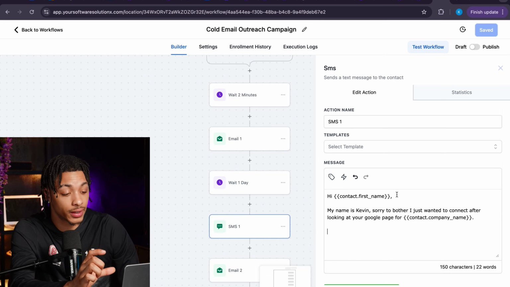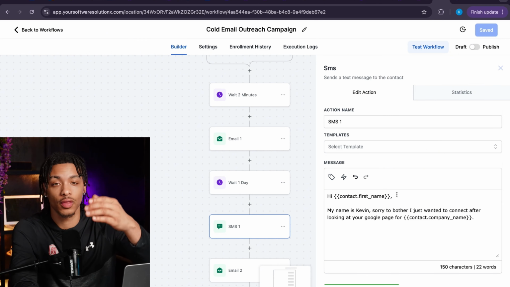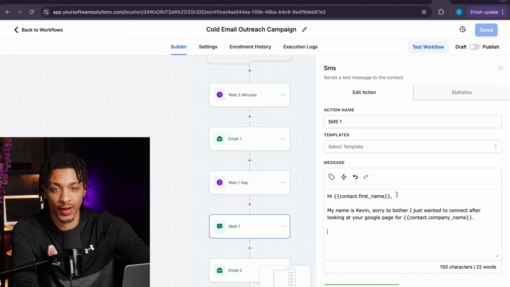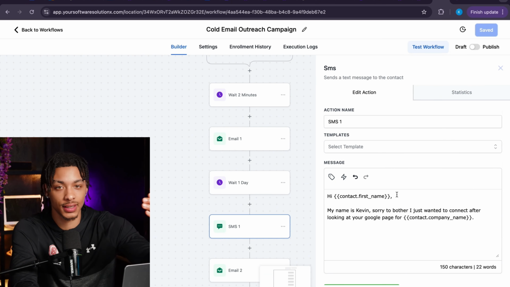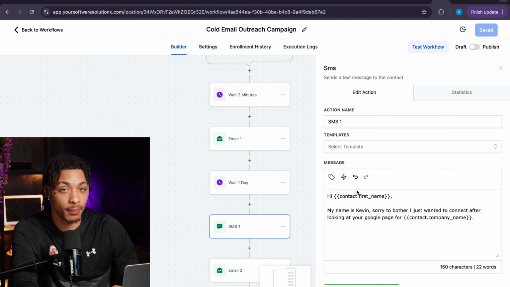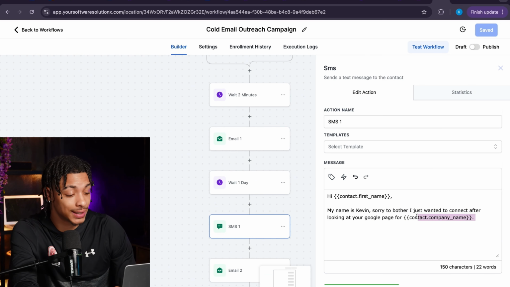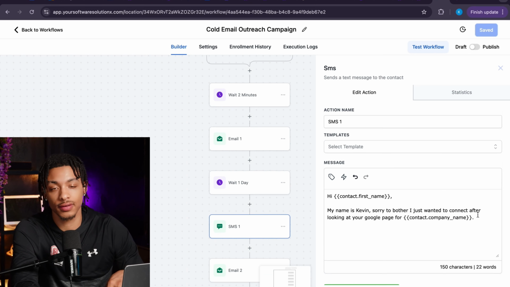But what these are is those fields in the Excel sheet, such as the first name, phone number, business name, those are all something called custom values. So basically, whenever I send these messages out, every single message is going to look like it is personalized because it's going to say, hi, Beth, or hi, Mary. Whatever the business owner's first name actually was, it's going to have that message in there. Whatever the name of their business actually is, it's going to have that in there. So every single message is going to look like it's personalized, which is going to skyrocket your conversion rates.